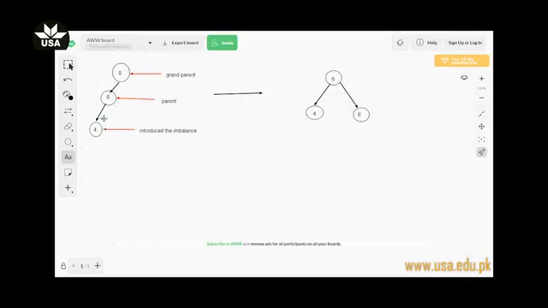This was the situation before, and when we inserted 4, this was the node which introduced the imbalance, and its grandparent has to pay the cost. And what was the cost? The grandparent will be rotated around the parent, and in this case the rotation is a right rotation.